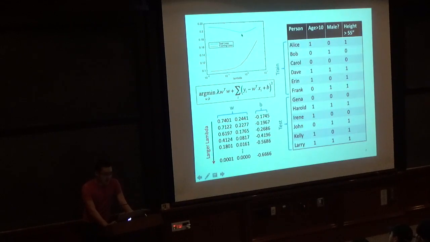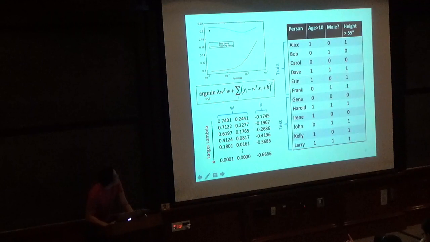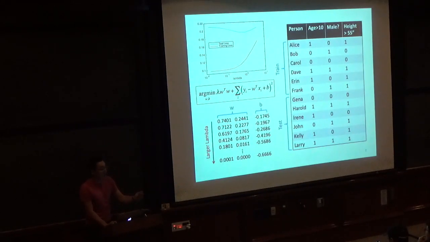And the test error is lowest for this intermediate value of lambda. As lambda increases, our model becomes simpler and simpler, and so the training error even goes up, because we're not fitting the training set very well. If you look at the gap between the blue line and the red line, the gap should be going lower as lambda increases. But there's this sweet spot in the middle where the training error hasn't started to go up that much, and the gap is going down faster than the training error is going up, and that's the sweet spot that maximizes the test performance.